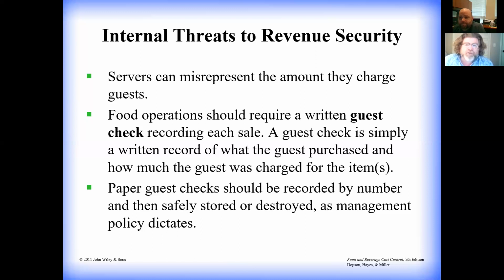Because you only have so much time and so much energy. Yeah. So this just kind of helps guide you in the right direction. Exactly. If you use paper checks, if you're in a very old school operation where orders are written down and